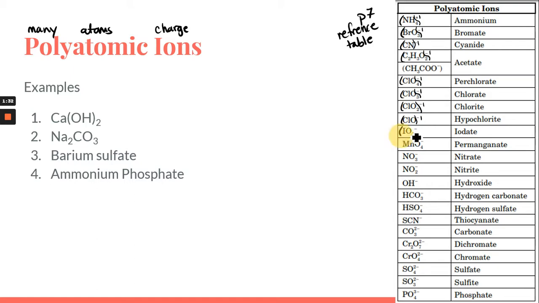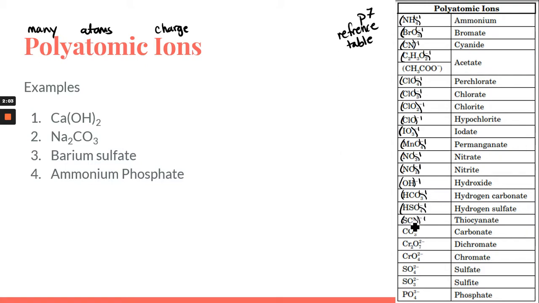Then we have iodate, IO3 minus 1, permanganate, MnO4 minus 1, nitrate, NO3 minus 1, nitrite, NO2 minus 1, hydroxide, OH minus 1, hydrogen carbonate, HCO3 minus 1, hydrogen sulfate, HSO4 minus 1, thiocyanate, SCN minus 1,